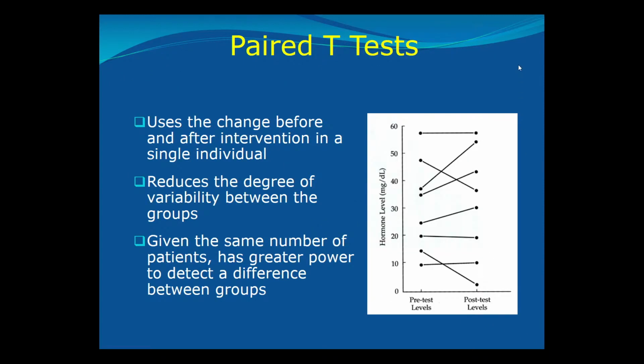Another type of test we can apply in hypothesis testing is called the paired t-test. It uses the change before and after an intervention in a single individual or in a group of individuals, before and after the intervention or before and after the treatment. For example, we should use